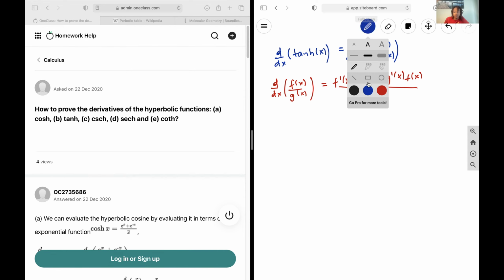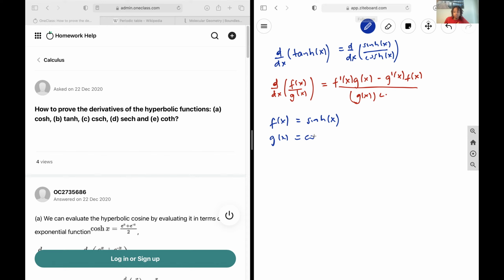Okay, and so in our question, we have that f of x is equal to that, and g of x is equal to this. We already determined the derivative of this, and that is going to be that. And in similar fashion, if you go through the same process, but instead with the hyperbolic function for sine, you are going to get that the derivative is actually the hyperbolic function for cos. And so now when we plug all of that into our formula here,